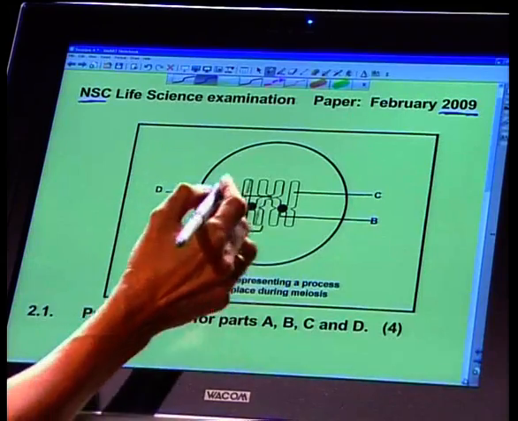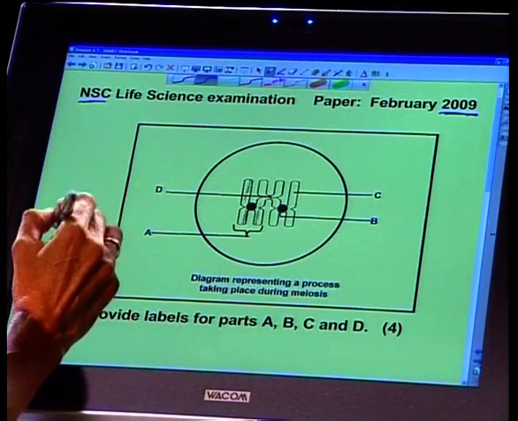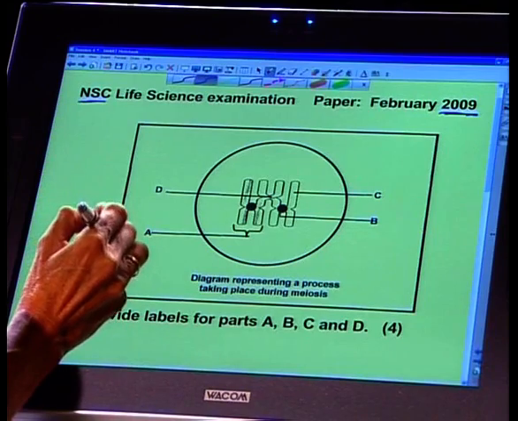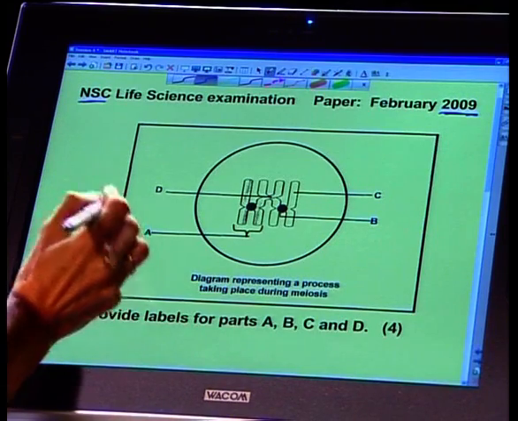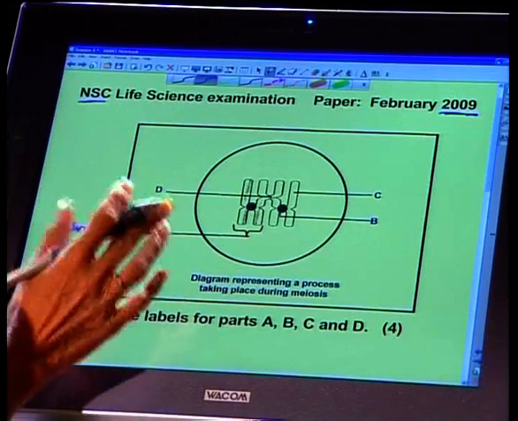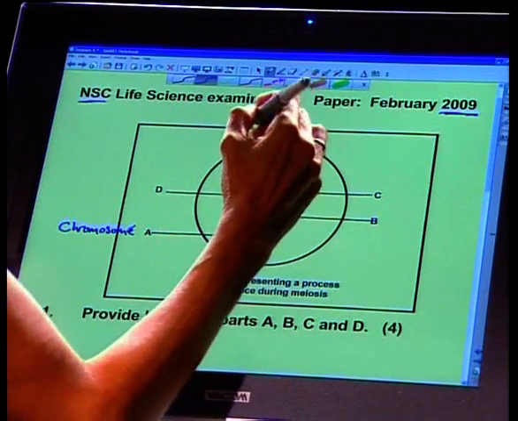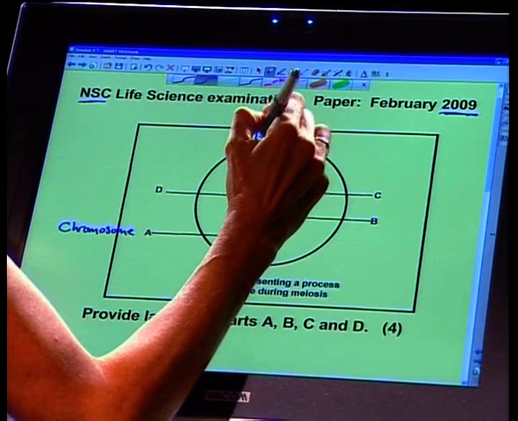And the first rule is look at the diagram before you even look at the questions. Look at the diagram and label anything that is required on that diagram. So, number 1 would be a chromosome. And you do this on your paper, all right? These 2 here would be a homologous